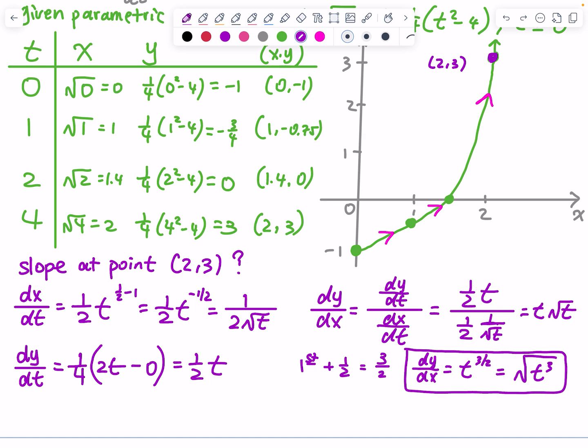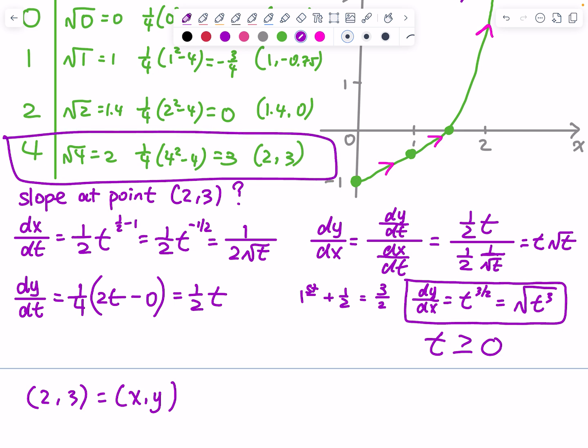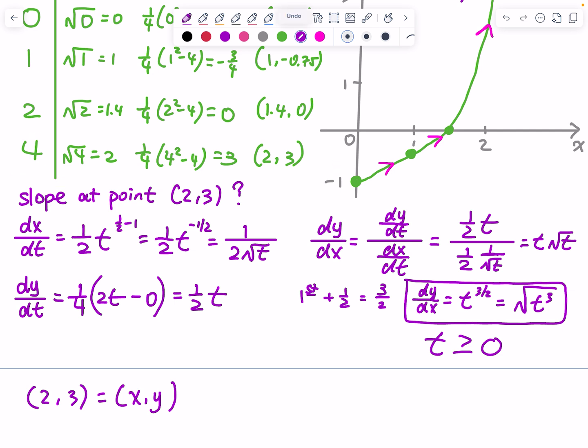And then this is just a general derivative, so we have to emphasize that t is greater than or equal to 0. And then at this point, so this point is 2 comma 3, that is x comma y. At this point 2 comma 3, what is t equal to? That one, t is equal to 4. Let's use the green. t is equal to 4. We take this one from the green table. When t is equal to 4,